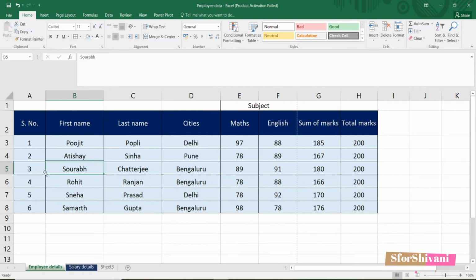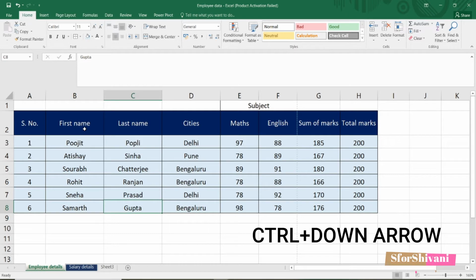Now to move across this table, if you want to move from one cell in a row towards your right, you can simply press the Tab key. And if you want to go back, press Shift and Tab. So it will move you towards left. If you are here in the beginning of the column and you want to go to the end of the column, press Control and Down key.